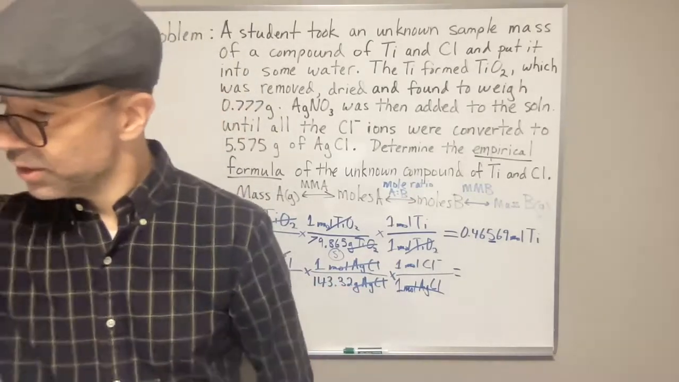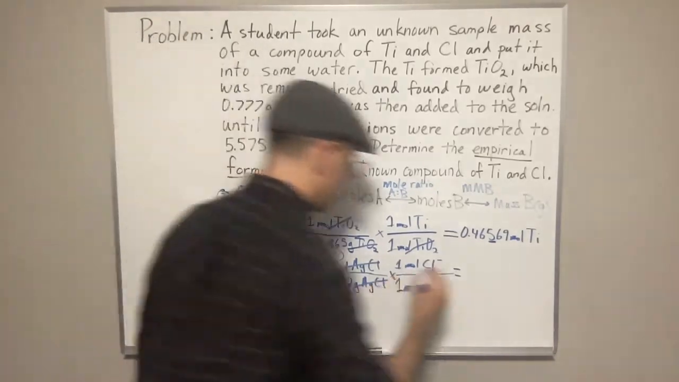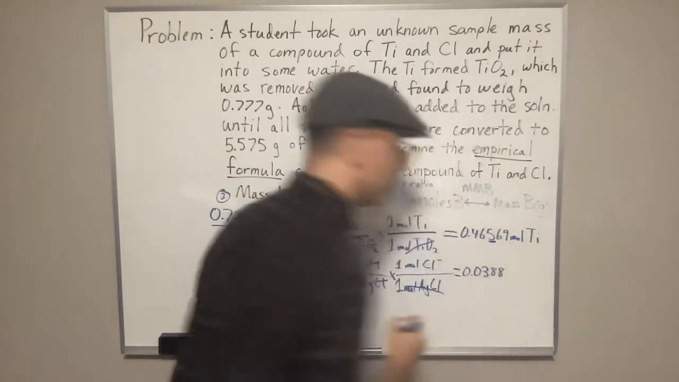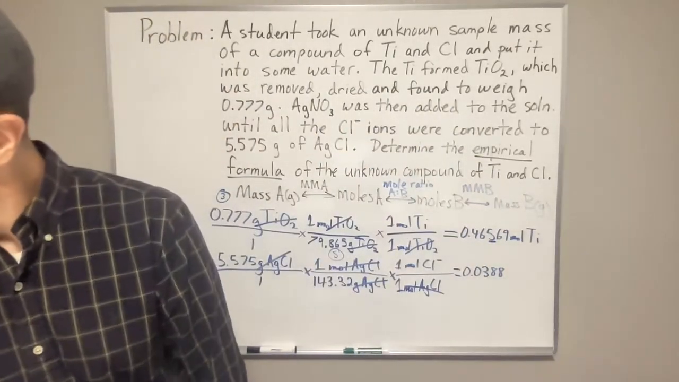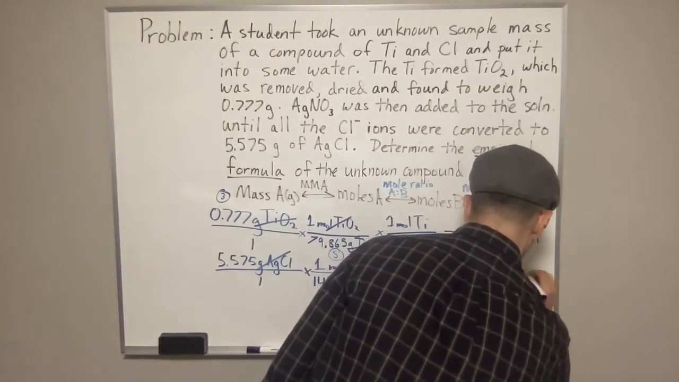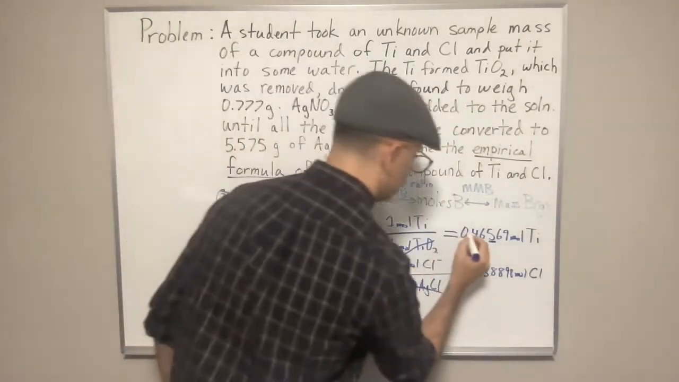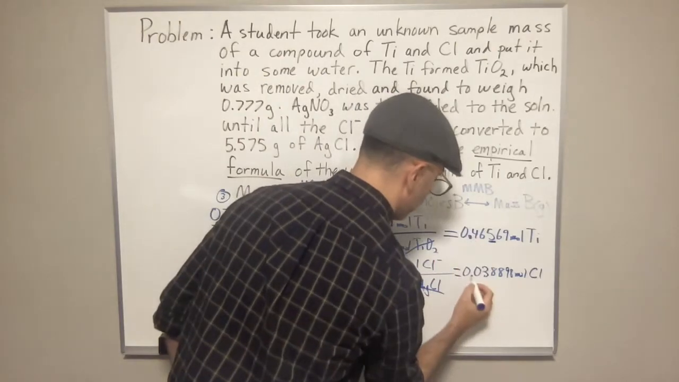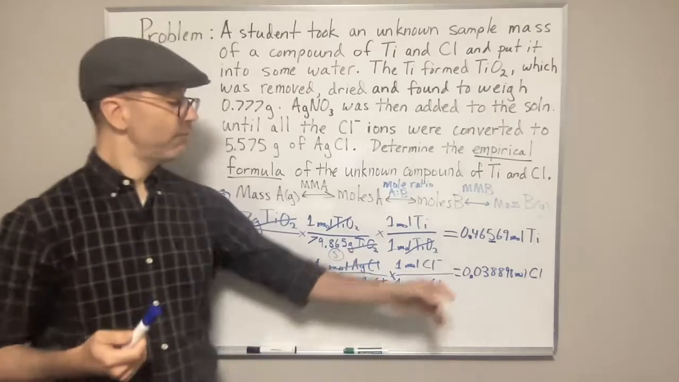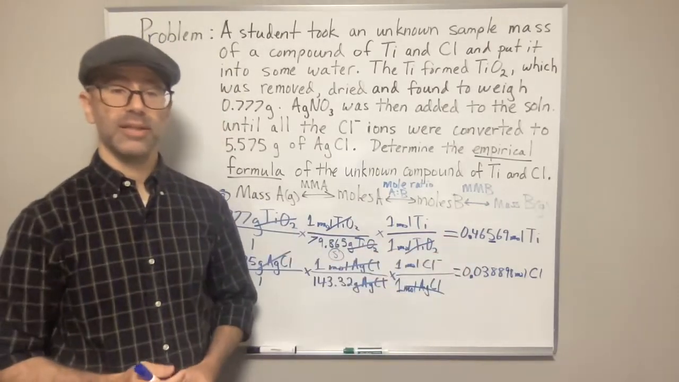And when you do that, you get 0.0388. I have a couple more digits that I calculated, 98 moles of Cl. Okay, so let me make this so my decimal points are clear. Okay, so now I have the moles of the elements in my compound, and in order to get the empirical